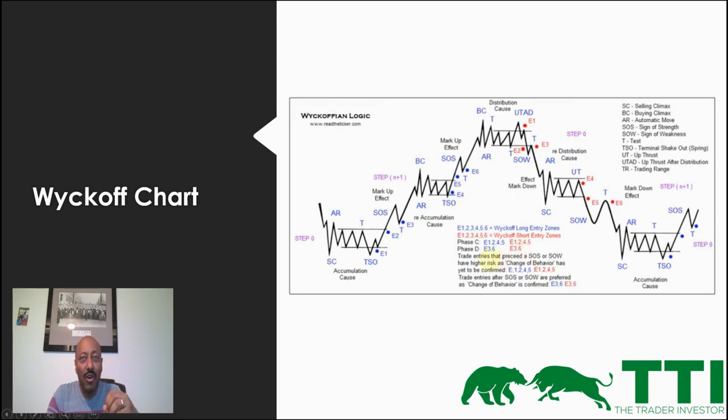When everyone is very greedy and they keep thinking, wow, the sky is the limit, I'm going to buy, then that's a distribution area. They take the price down because they're dumping all their stocks on all those FOMO buyers who are just grabbing everything that they can. And they think the price is going to go up, it comes down and it comes up, it comes down, it comes up. They keep hoping, they keep adding to it. And then boom, price collapses. So the same thing happens on the downside.